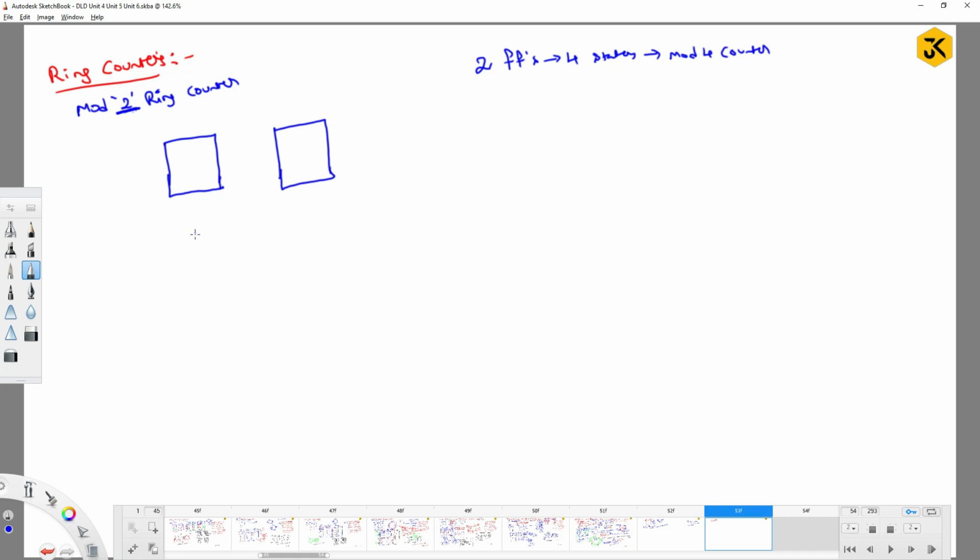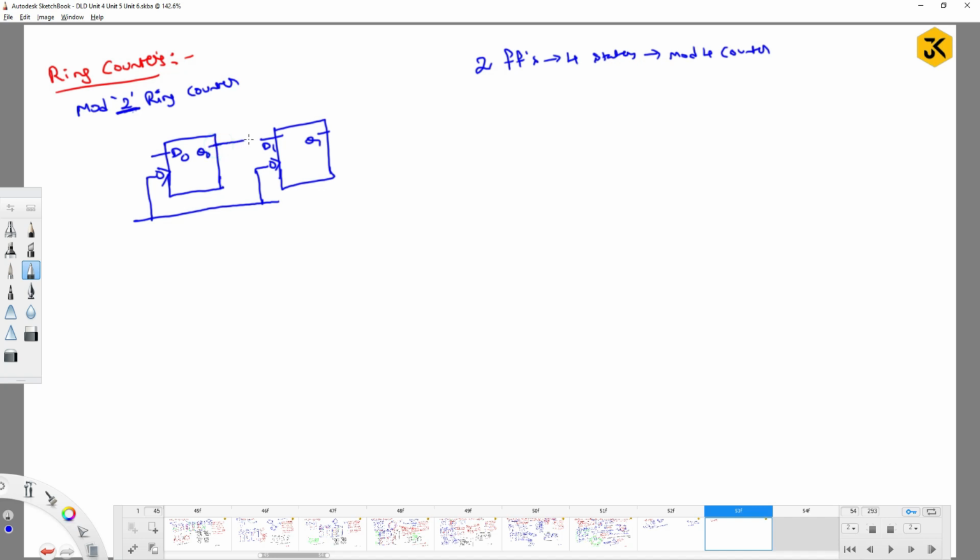As I am saying, this is a kind of synchronous counter, so you simply pass the corresponding clock. Assume this is a D flip-flop with D0 and this is Q0, this is D1 and this will be Q1. Now, when can we say that this is a ring counter? If it acts as a kind of ring, if you are able to observe,